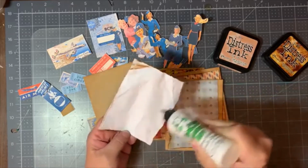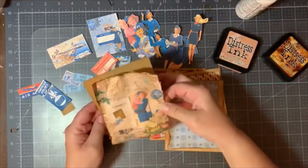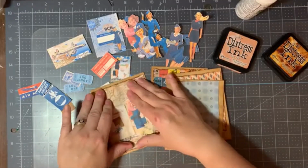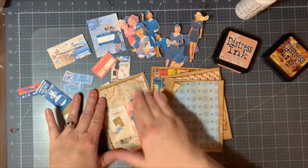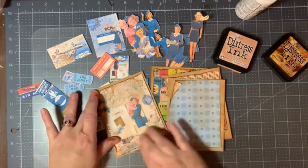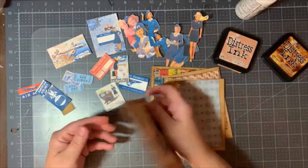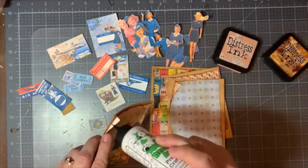I don't really know what I'm going to use these cards for just yet. I thought I had some travel stamps, but I really don't know. I need to have a better cataloging of my collections because I get lost in what I have and what I don't have. All right, so while that is adhering,